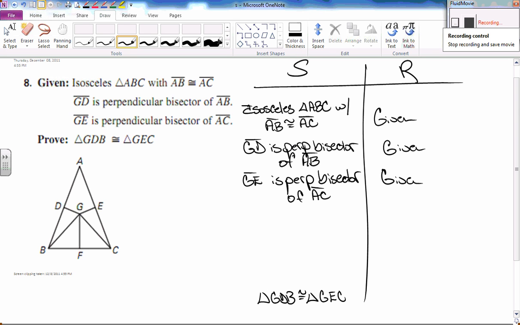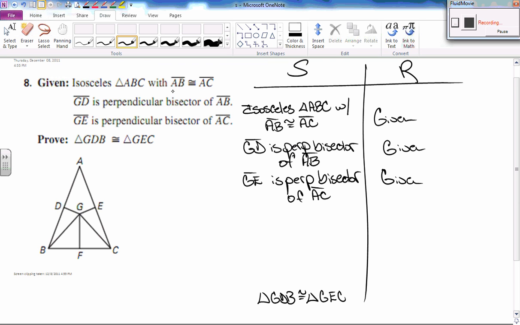Okay, to finish this particular proof, again, we just want to get to the heart of the argument. We're going to combine some steps, maybe leave out some things that might be necessary in a higher level mathematics class. But if you take a look at the given information in the diagram, it says the triangle ABC is